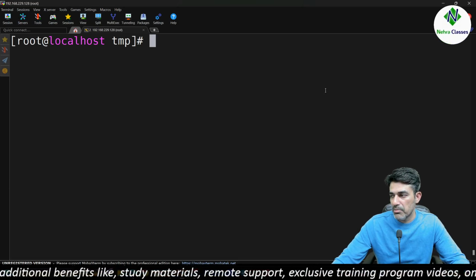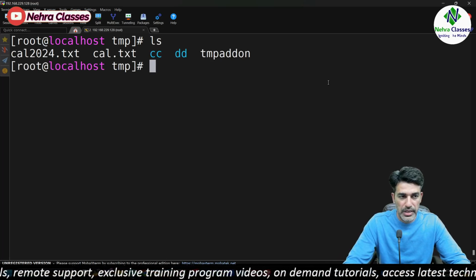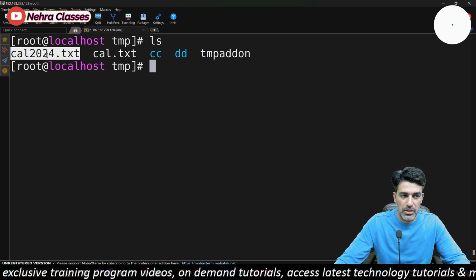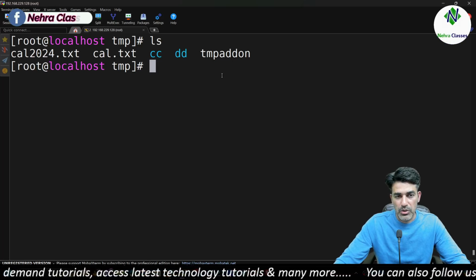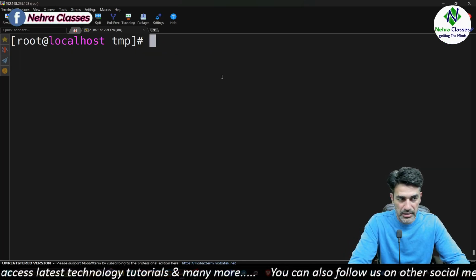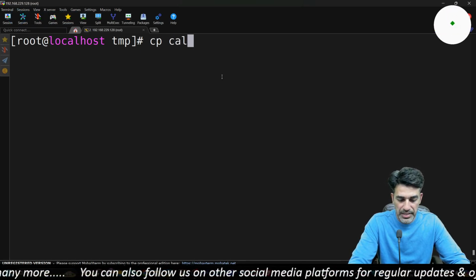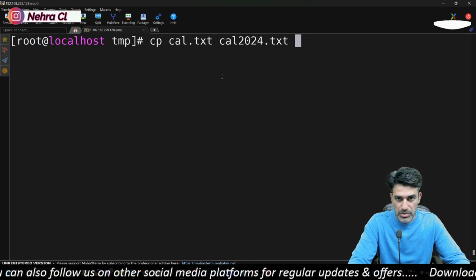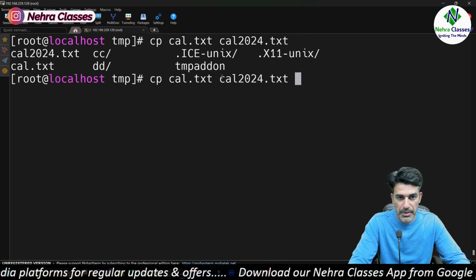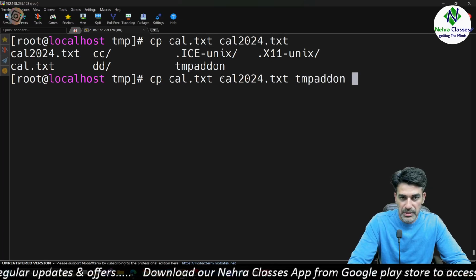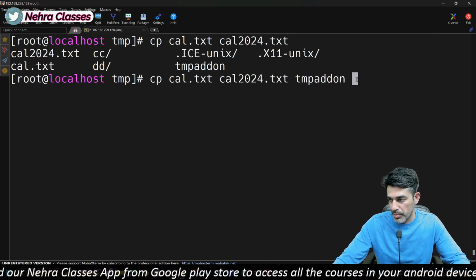You can also copy multiple files to a single directory. Let me show you how you can do that. Suppose I want to copy this cal 2024.txt, cal.txt and tmp add-on from here to the root home directory. How can I do that? I will mention here cp. After that I will mention the names of the files, like I will write here cal.txt, I will write here cal 2024.txt, and the third file name. What was the name of the file? tmp add-on. So I will put the names of all the files which I want to copy,